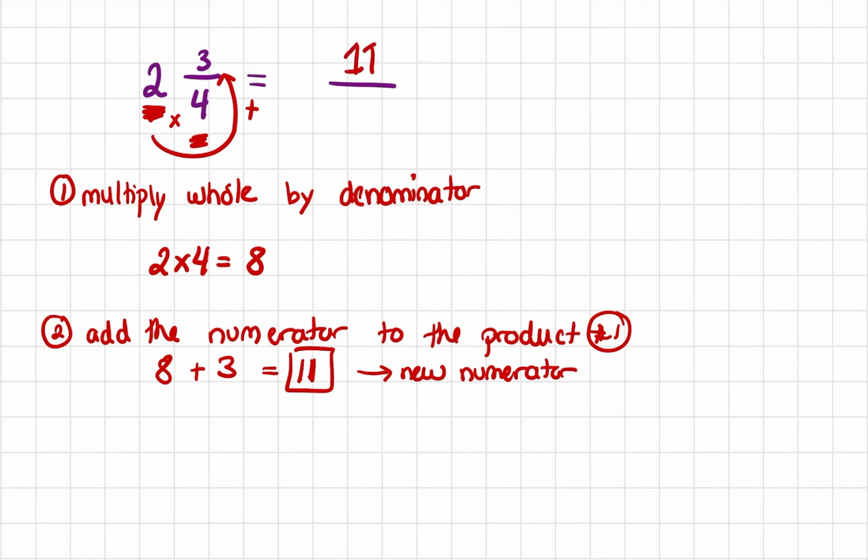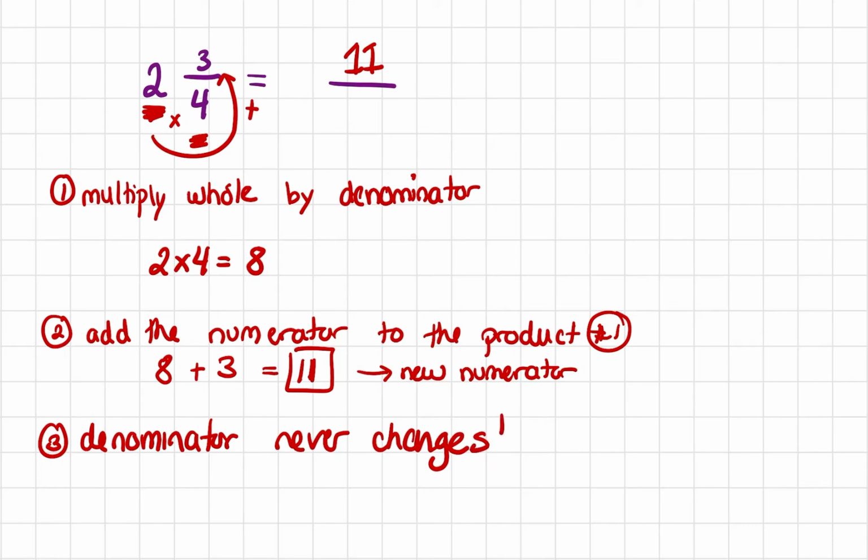11. And what's in the denominator? I'm going to write here, denominator never changes, which means that the denominator in our mixed fraction here, and I'm actually going to label it so that you remember this is a mixed fraction, the denominator in this mixed fraction is actually 4, and that's just not going to change. So I'm going to keep it in purple, and I'm also going to highlight it for you as well. 11 over 4 is our improper